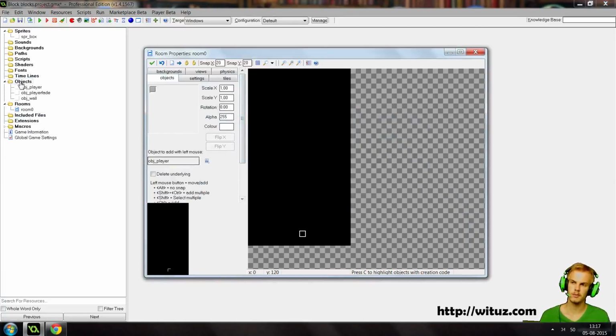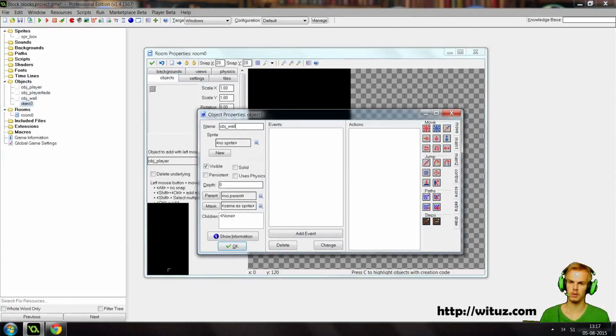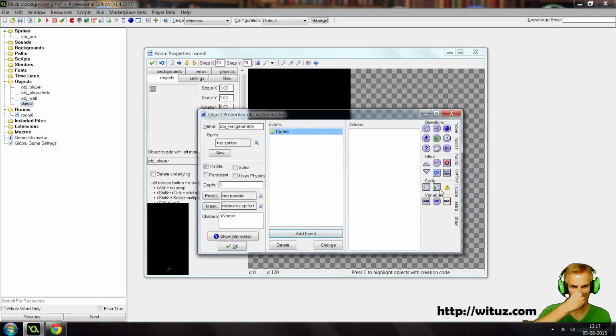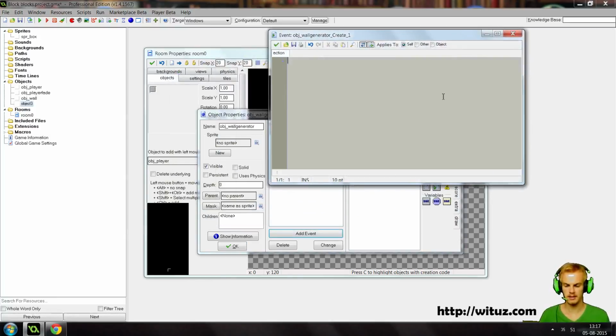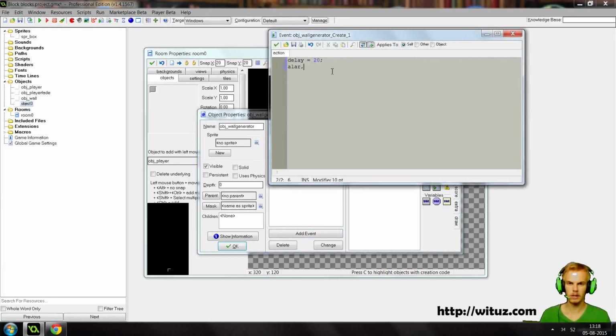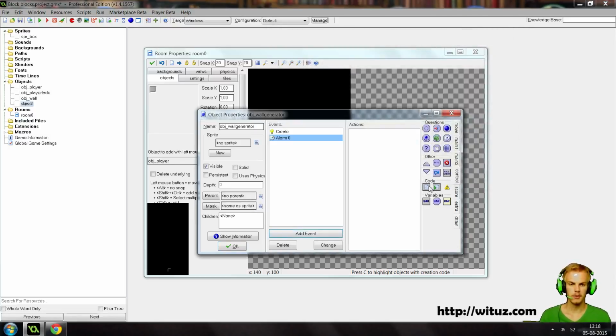Let's just make a wall generator then. Object wall generator. Alright, so this is the thing that controls the walls. So we need to say delay before we move the walls equals 30, so it does it each second in the beginning or something like that. Let's say 20, just so we get a bit quicker started. And then, yeah, that's it. So it sets an alarm. Alarm 0 equals delay,